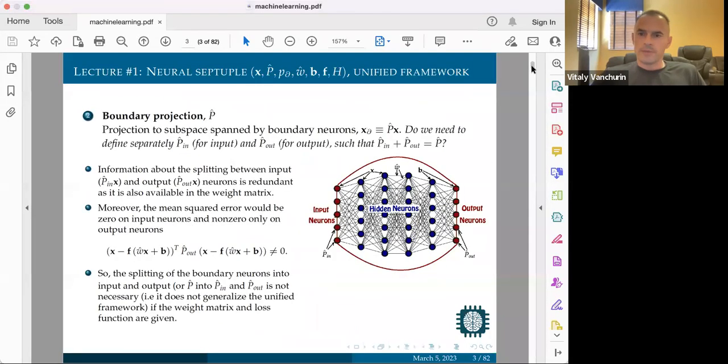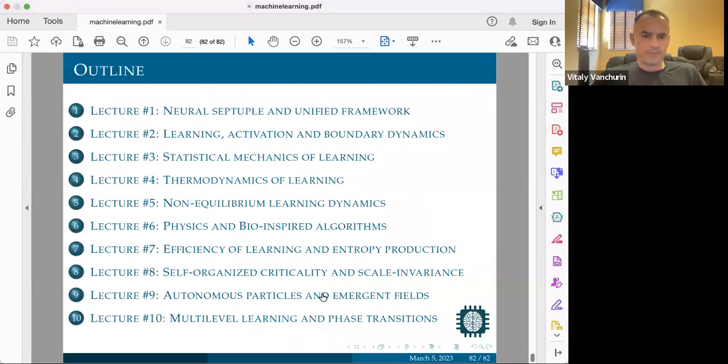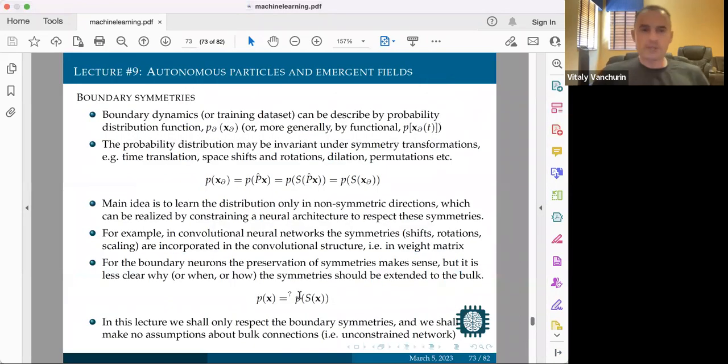All right, so today's lecture is about autonomous particles and emergent fields. This is something we only wrote about recently. It is related to many branches of machine learning, but so far we only applied it to